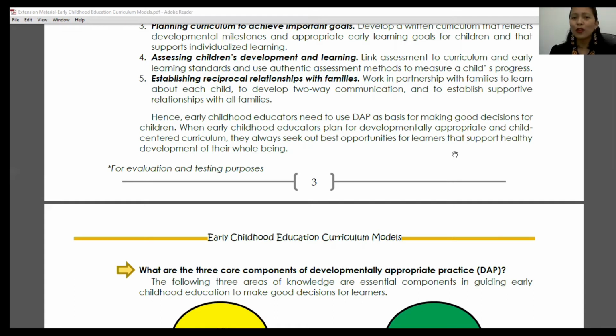So we cannot only use one type of assessment, or else your data will be insufficient, inadequate, no? Hindi sapat. So as teachers, you need to use various assessment tools because the data that you will be getting from these assessment tools will also be used as your basis to plan the curriculum and learning experiences of your